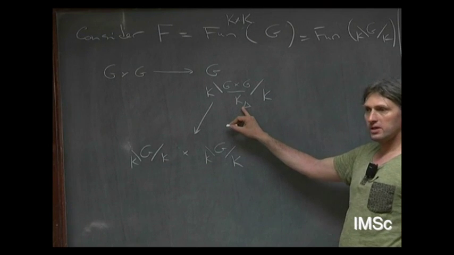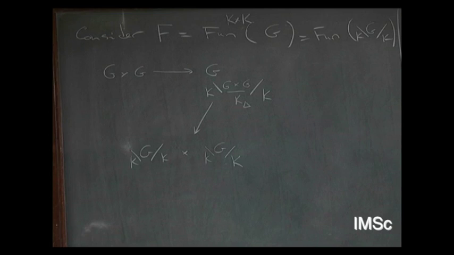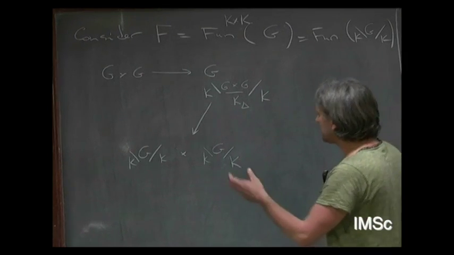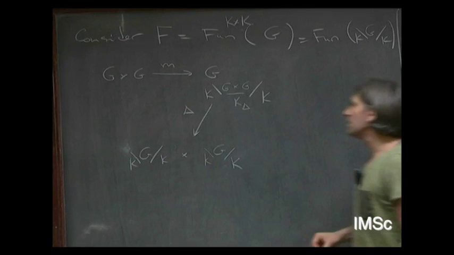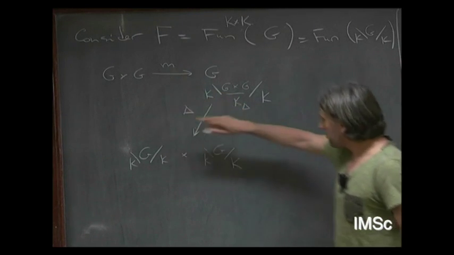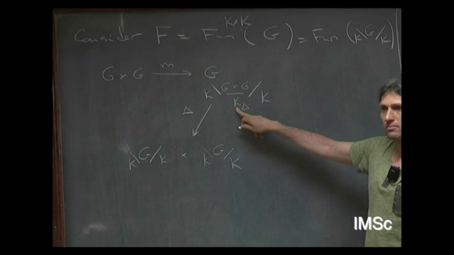Here we take quotient by the diagonal action. Now notice that multiplication in the group, this map M. Let me denote this map by delta. And multiplication map M factors through this quotient because